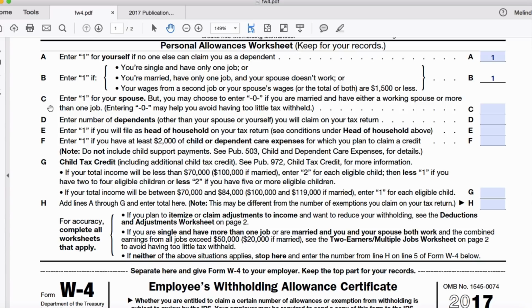Line C, enter 1 for your spouse, but you may choose to enter 0 if you are married and have either a working spouse or more than 1 job. Our client is single, so we'll put 0 there. Line D, enter number of dependents other than your spouse or yourself you will claim on your tax return. Our client has 3 dependents, and she's going to claim all 3 on her tax return, so we'll enter 3 on line D. Line E, enter 1 if you will file as head of household on your tax return. We know that our client is eligible for the head of household filing status, so we'll put 1 there on